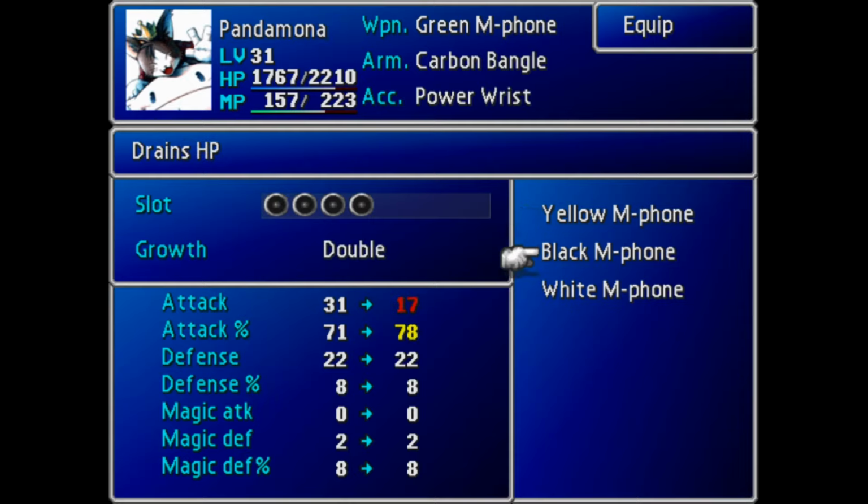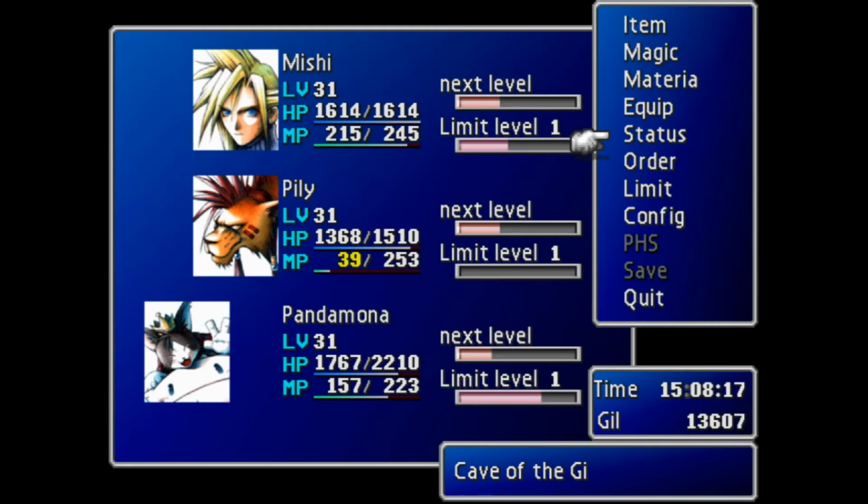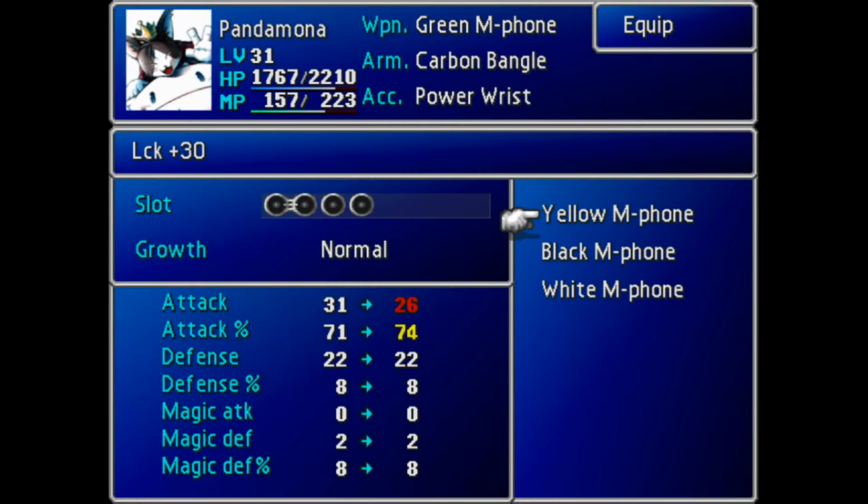Also, I don't remember if these M phones are long range. Because I think they might actually be, because they were hitting the one bird enemy that was long range for Piley and Cloud. So if that's the case, I probably want to put pin him. Well, no, because I was doing half damage to the back row enemy. So it's possible that it's just the yellow M phone that's long range. I don't really know for sure, but anyways, this one drains HP,